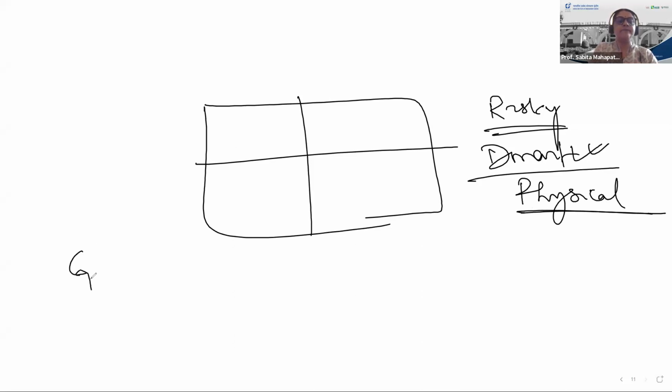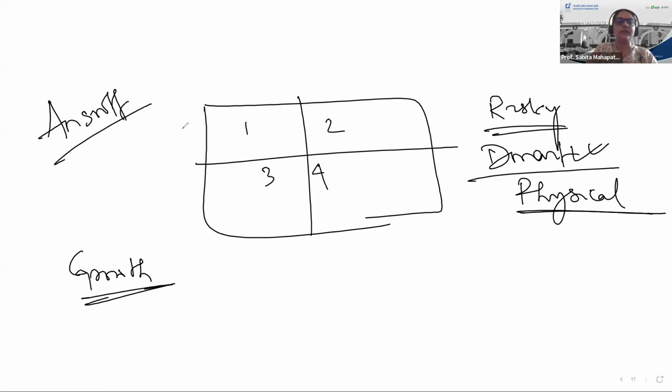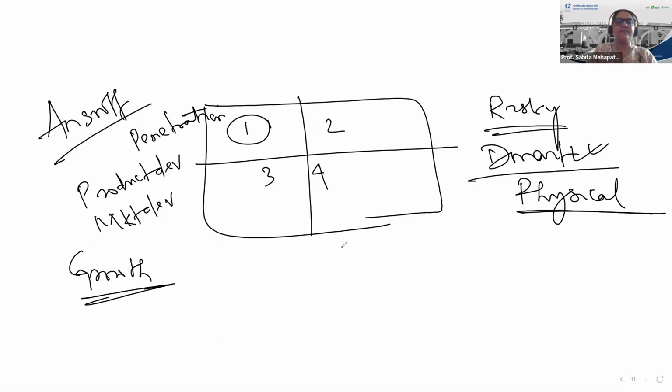So as a company, you need to grow. Growth is something you should always be aiming at, but not at the cost of customer satisfaction. So what are the ways you can grow? 1, 2, 3, 4 ways you can grow. This is as per the Ansoff matrix. He says growth can be in terms of penetration. So matrix 1 is penetration. It can be product development, next growth. The third growth is market development, and the final growth is